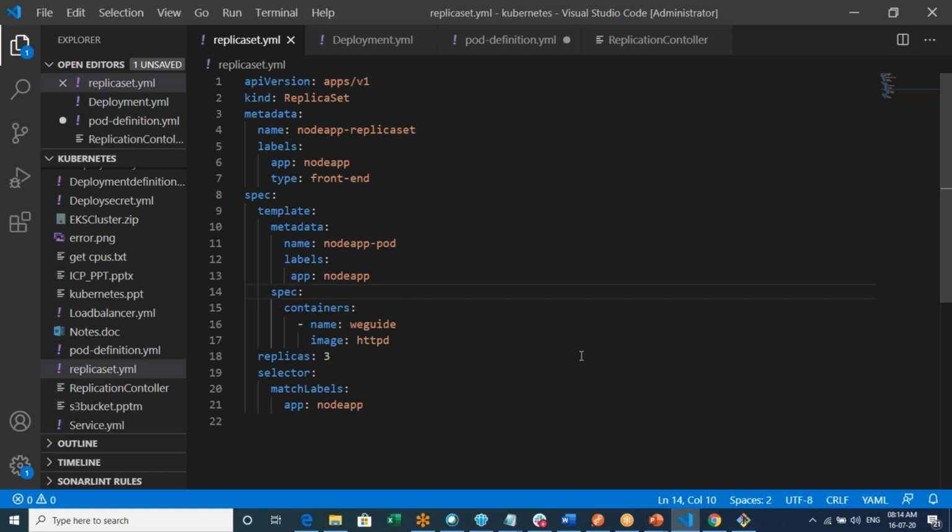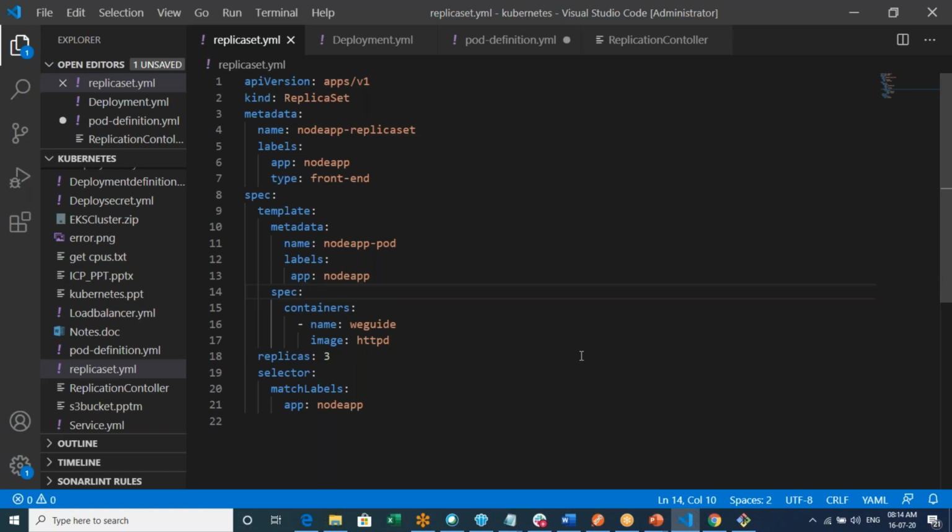Fine. One question, sir. Suppose there are two applications, Node app and another application. When we create a replica set, in the same YML file will we define both applications, or will we define a separate replica set for each application?